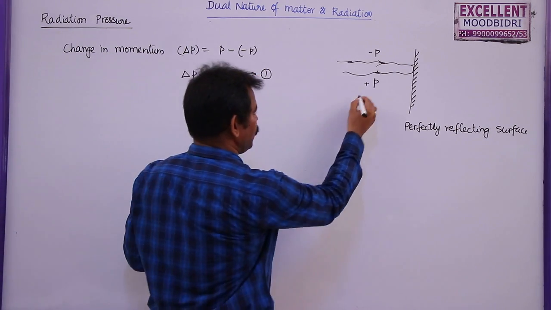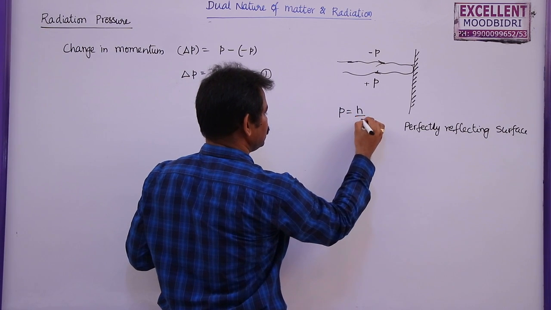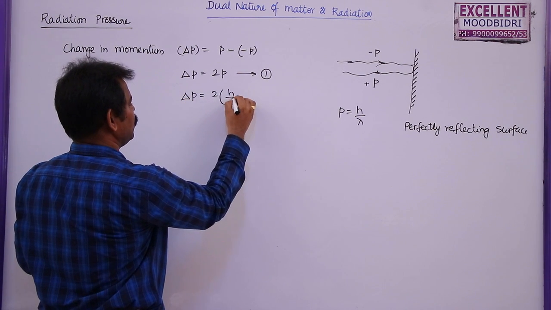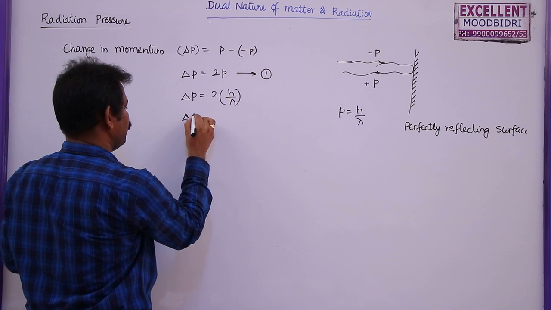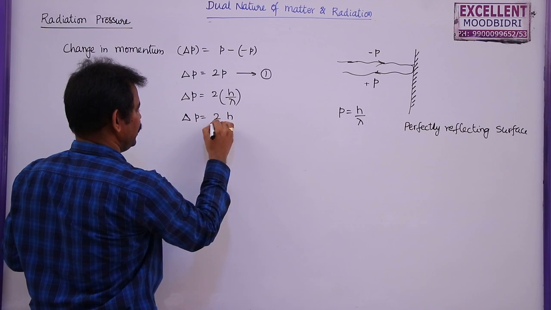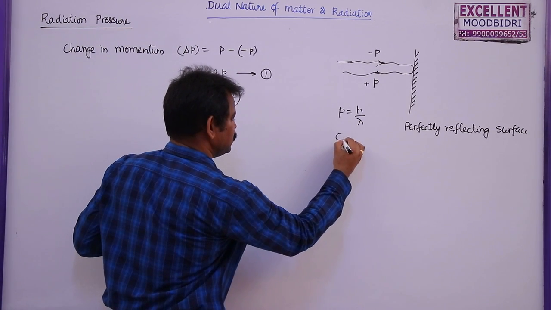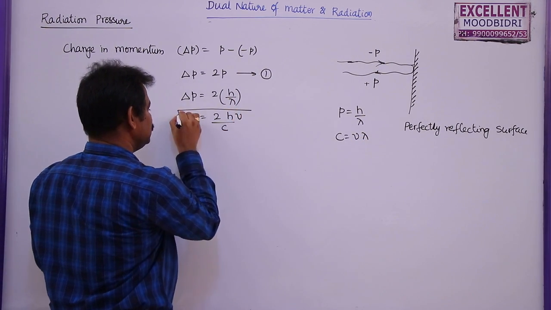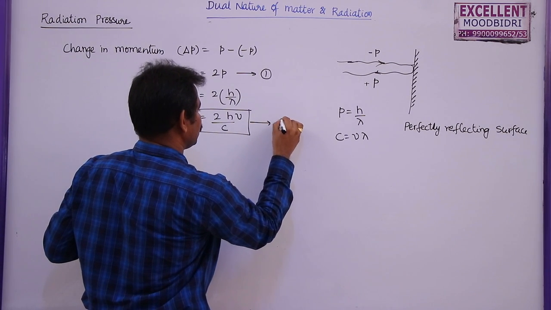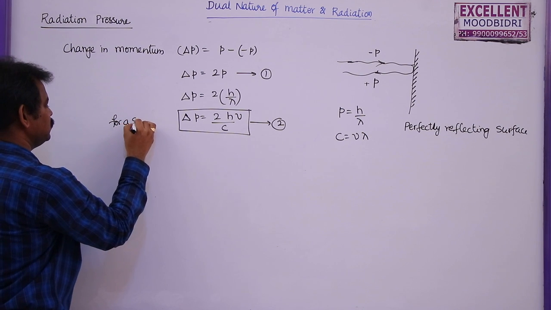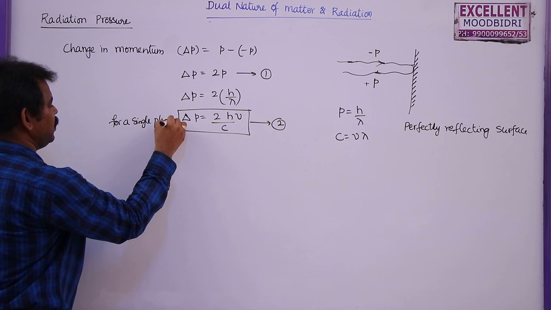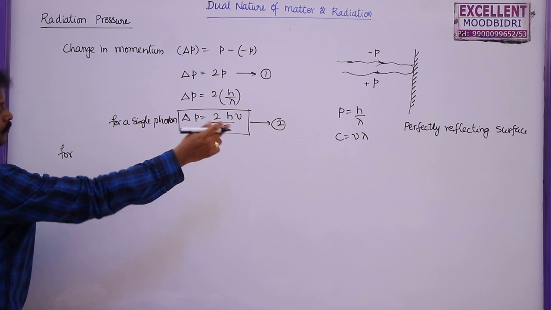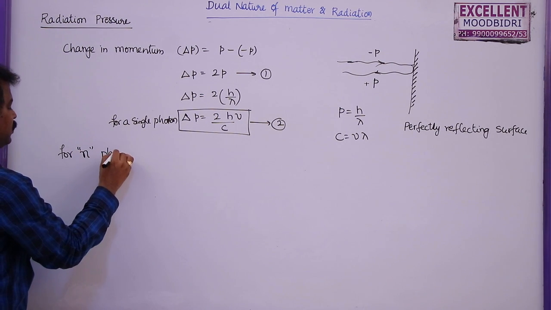But we know that the momentum of a photon is given by P is equal to h by lambda. So this change in momentum can also be written as 2 into h by lambda. So change in momentum is given by 2 into h by lambda, where we know that c is equal to nu lambda, or lambda is equal to c by nu. So this is the change in momentum for a single photon. If there are n photons that are striking this, let us say n photons are incident on that perfectly reflecting surface, for n photons we can write